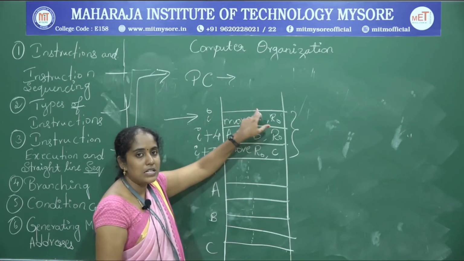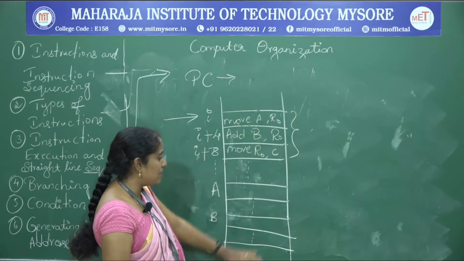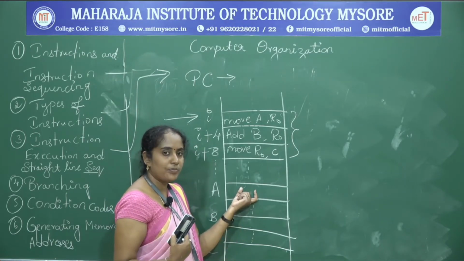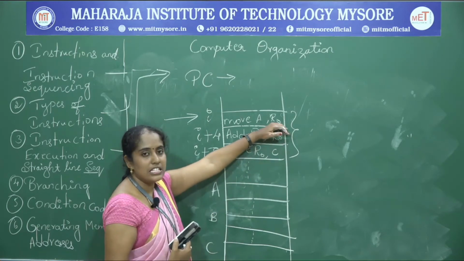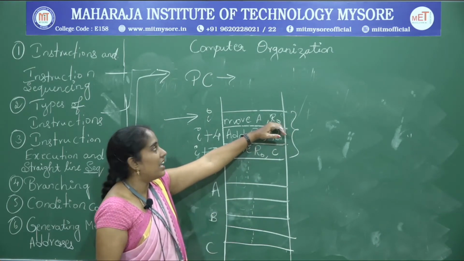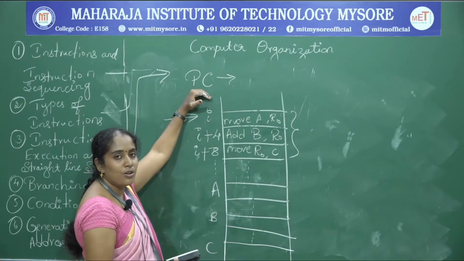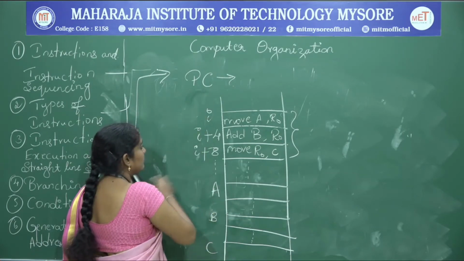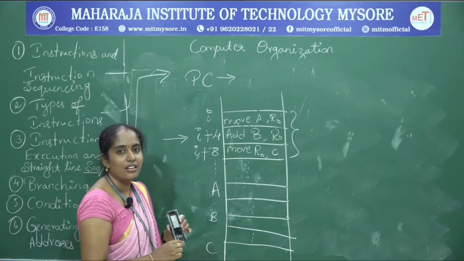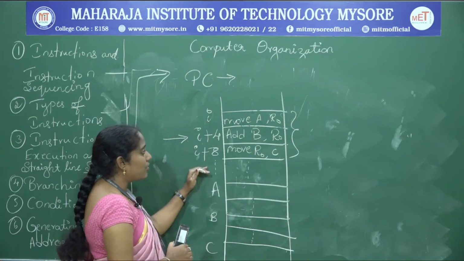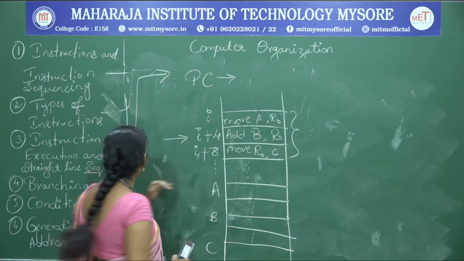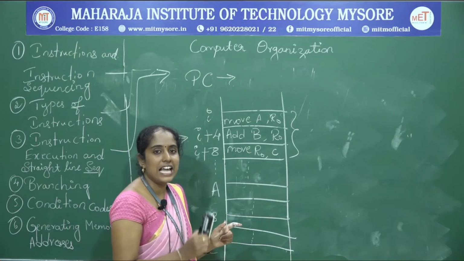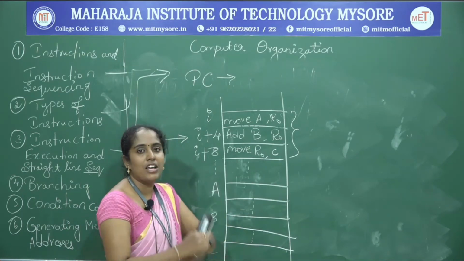How to take the A value? It will search for the content of A in this memory location, find the location, take the data from the memory, and store it into the register R0. After that, PC contains the next instruction address, which is I plus 4. Here it will execute sequentially, which is why it is called straight line sequencing, executing one by one,